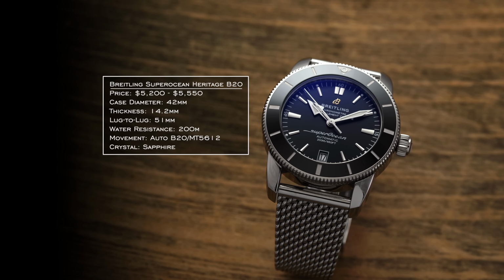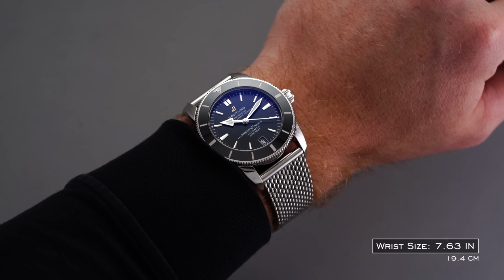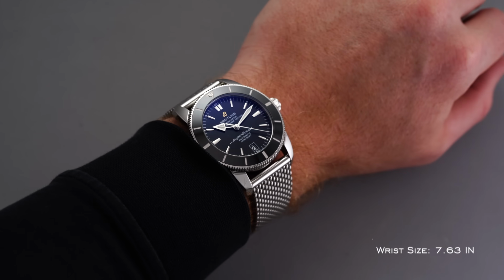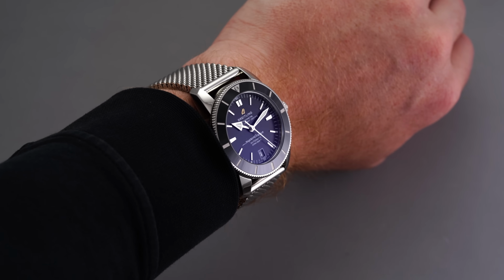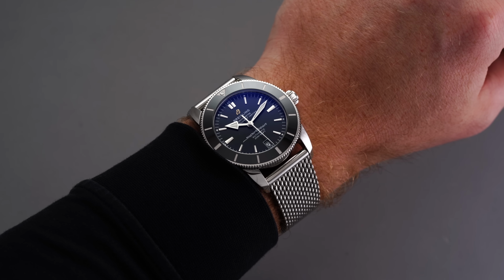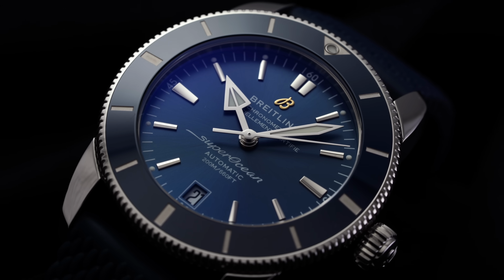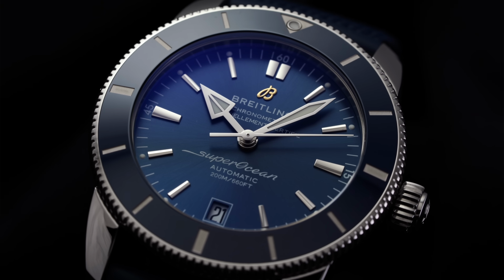42 millimeter case. There are different versions available, but I think 42 is probably what most people watching are going to prefer. 14.2 millimeters in thickness and a lug to lug of 51 millimeters. Whereas like a 41.5 to 42 millimeters, so pretty true to size. Depending on the strap option, does wear smaller. 200 meters of water resistance, and the movement on the inside is actually a